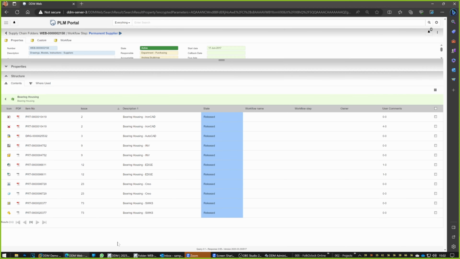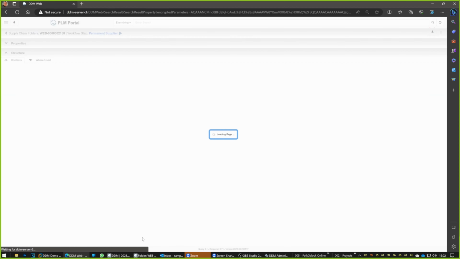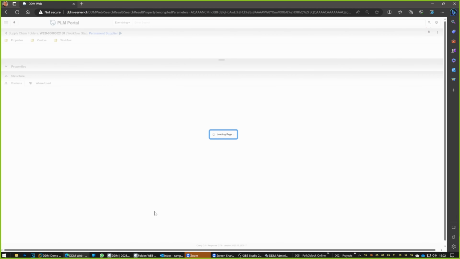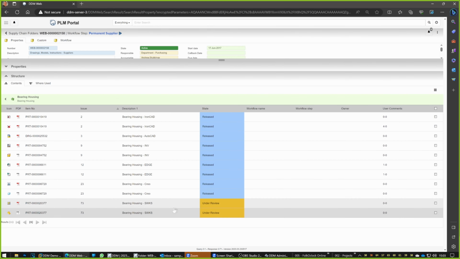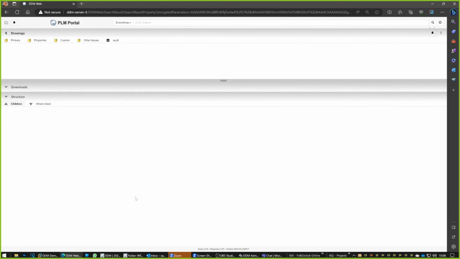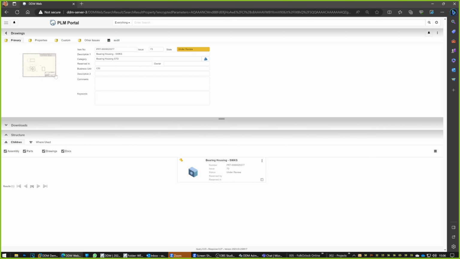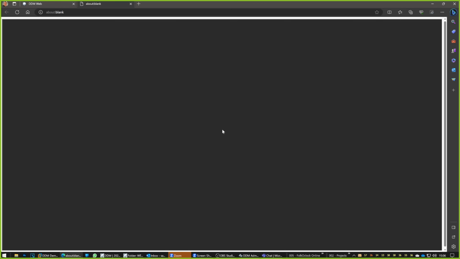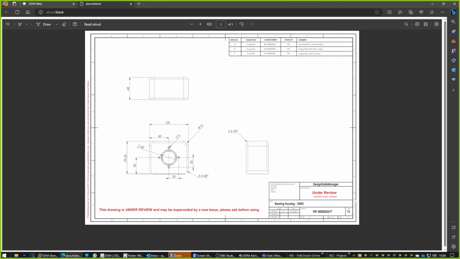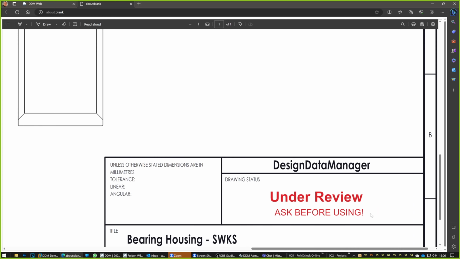If I now look in the web client and I refresh the web client, if I go into my housings, this has been flagged as under review. So I'm allowing the supplier to see the released status and the under review status. A nice feature is if they look at the drawing while it's under review and they look at the PDF, it will warn them that it's not the latest issue. If they still view the drawing, your watermark can tell you that it's not the latest issue, it's under review,